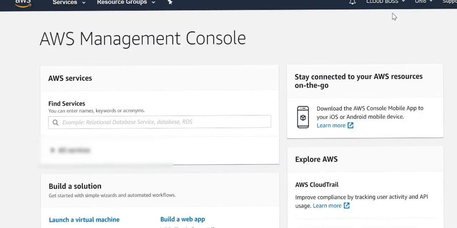Oh great guys, we have done and we have achieved our goal. Thus we are into our AWS account. See what we created. I told the account name as CloudBurst, we have given. So if you have given your name or your account name, you should see your account name here.